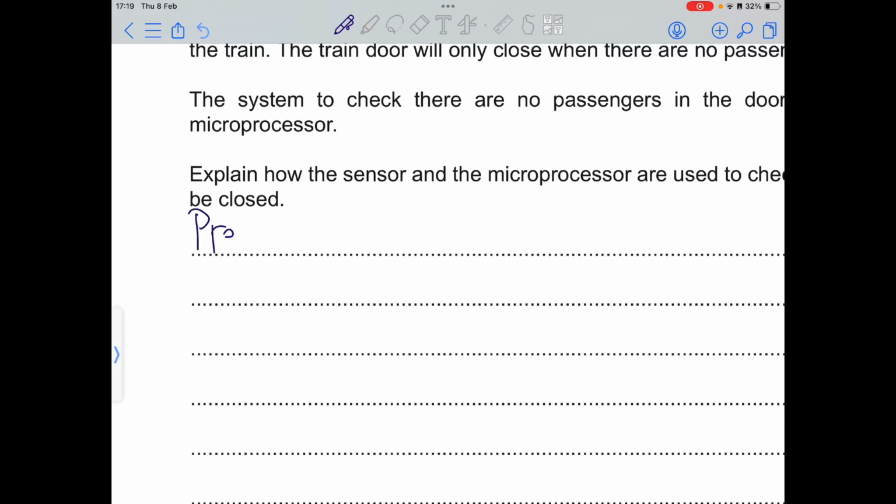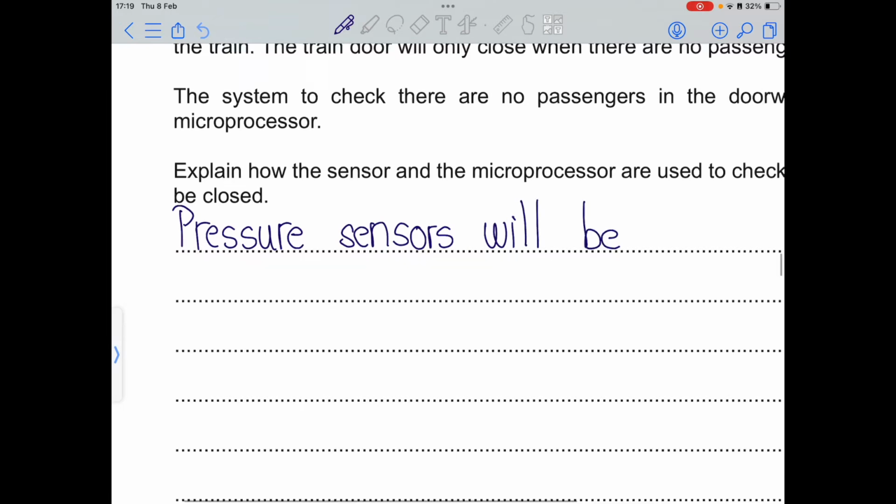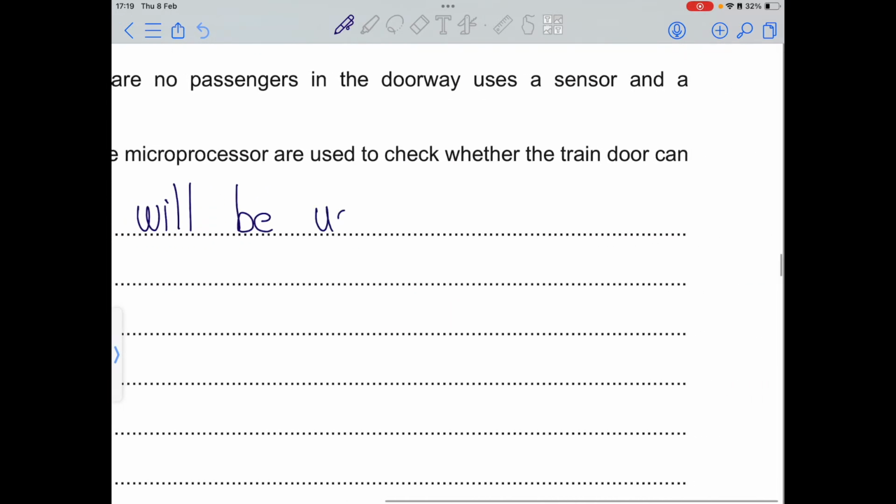Pressure sensors will be used. Next statement is that